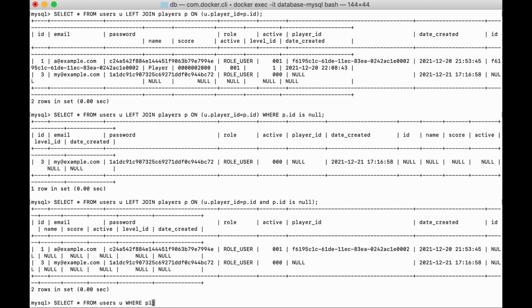Of course, we also can select asterisk from users where player_ID is null to get the same effect. However, this example presents a simple difference in results depending on the type of join, and as we can see we get less information.